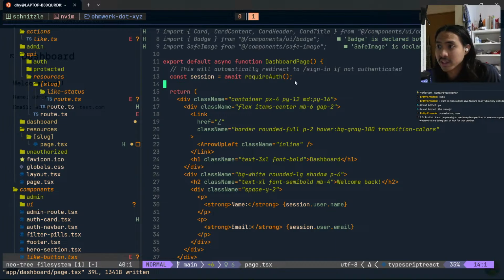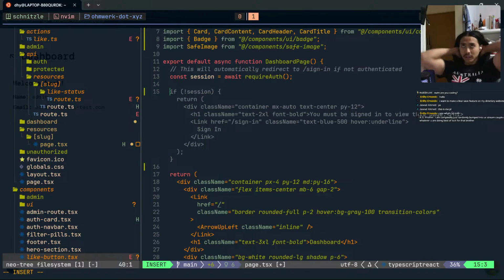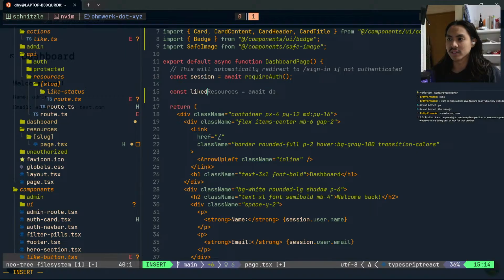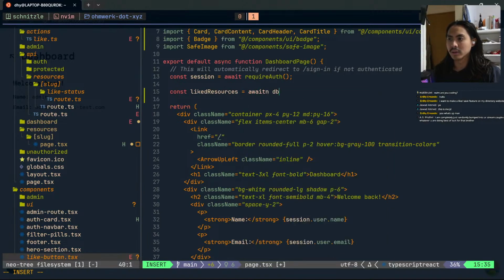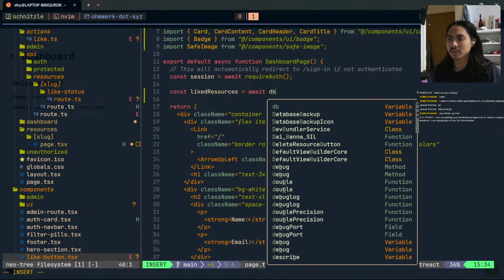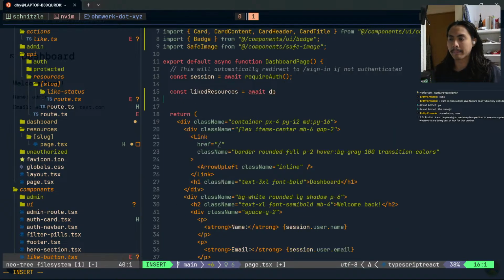Now we want to get the users liked because I think, but of course there's still something error with the API as well as the hooks that we made, so we're gonna need to fix that. So let's const like resources from the user. Wait, db dot select